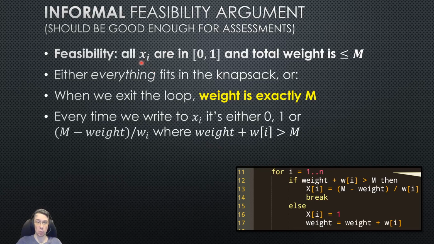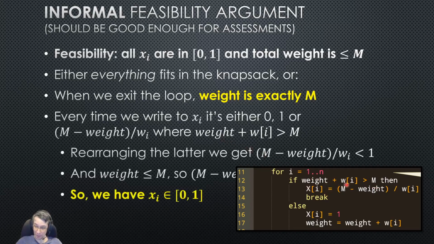Now, if we want to understand why the xi's are in the interval 0 to 1, consider that every time we write to xi, it's either a 0 because we're writing to it at the initialization of the x array, or a 1 because we're writing to it at line 16, or we're writing to it at line 13, where we're writing m minus weight all over wi. Well, what do we know about m minus weight over wi? We know that we got into this if block, so weight plus wi is greater than m. Okay, well, we can rearrange weight plus wi greater than m. Just subtract weight from both sides and then divide by wi,